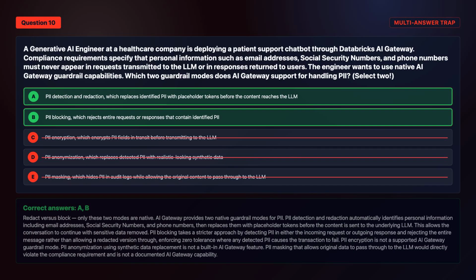The correct answers are Option A and Option B. Redact versus block, only these two modes are native. AI Gateway provides two native guardrail modes for PII. PII detection and redaction automatically identifies personal information including email addresses, social security numbers, and phone numbers, then replaces them